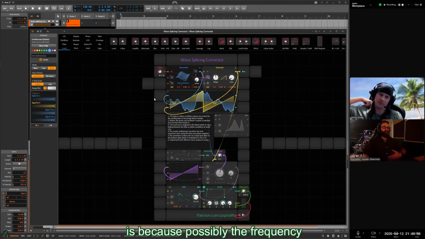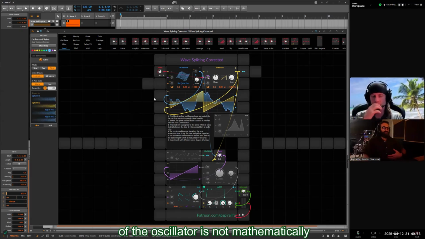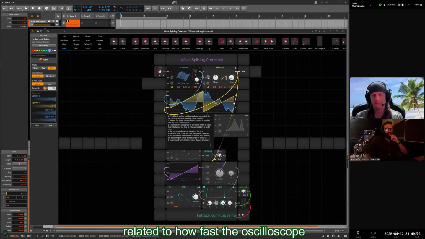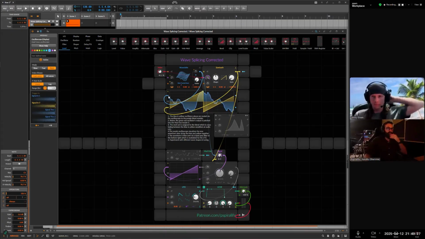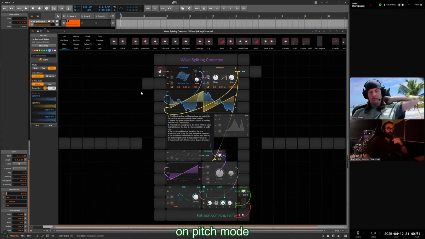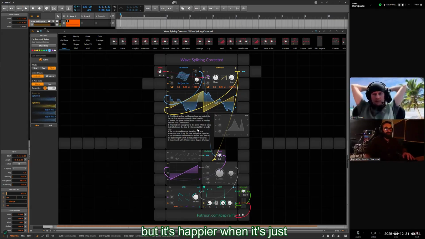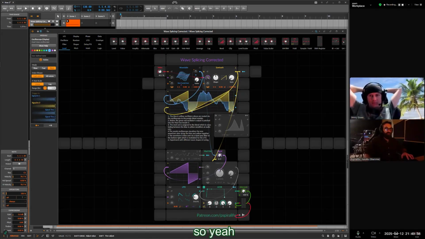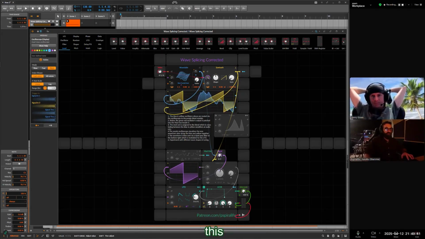Well, it's possibly something to do with the frequency of the oscillator not being mathematically related to how fast the oscilloscope is running, if that makes sense. I think it should be if it's on pitch mode. But it's not. It's happier when it's just free and then it sorts it out itself. So yeah, I'll get that in the middle like this,